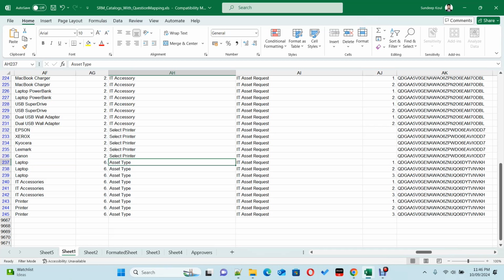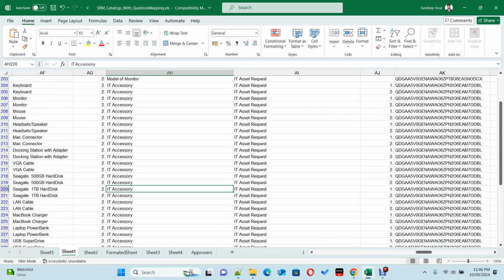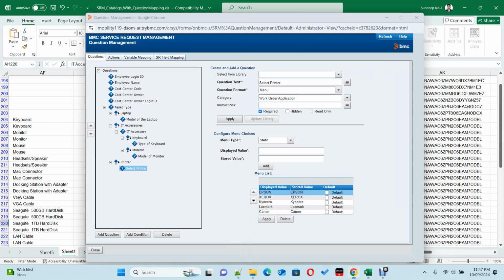Similarly, your asset type has a laptop as a value, asset type has an IT accessory, then asset type has a printer, but this one has these values. Then if I go to IT accessories itself, IT accessory also has these options: keyboard, monitor, headset, speaker. So this basically becomes a linkage. So if I go back here, go to IT accessories,